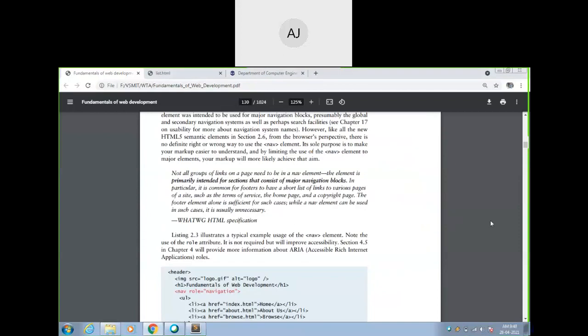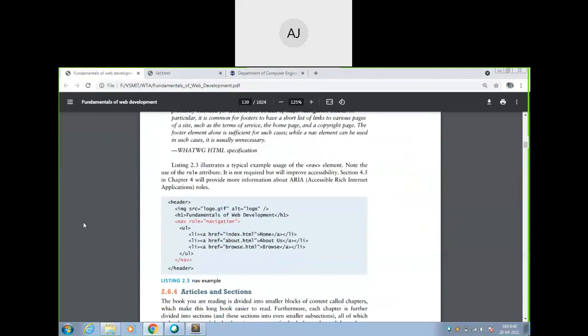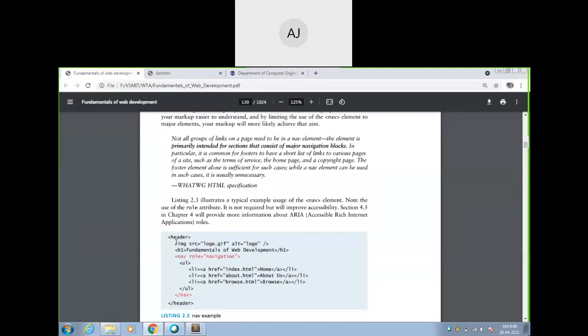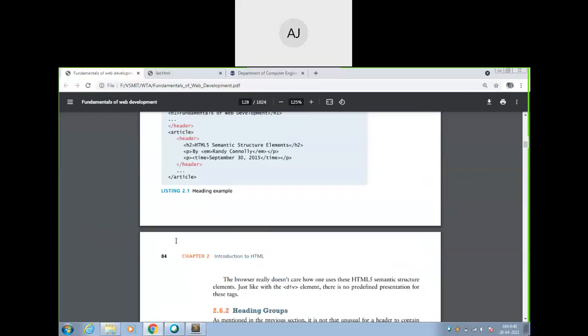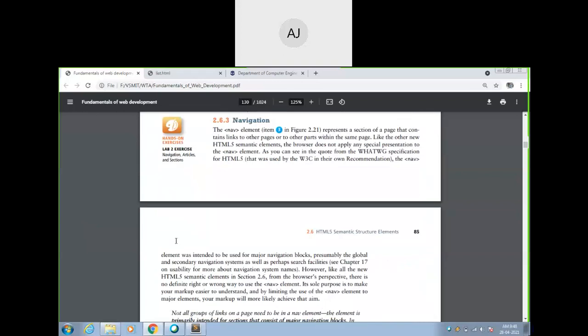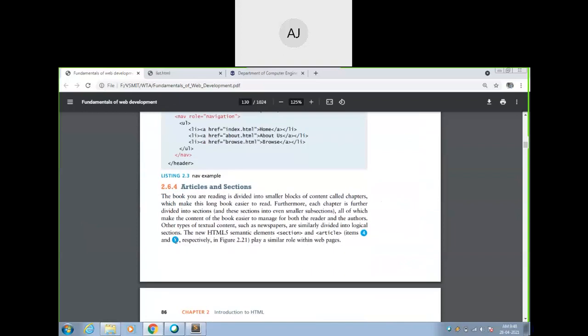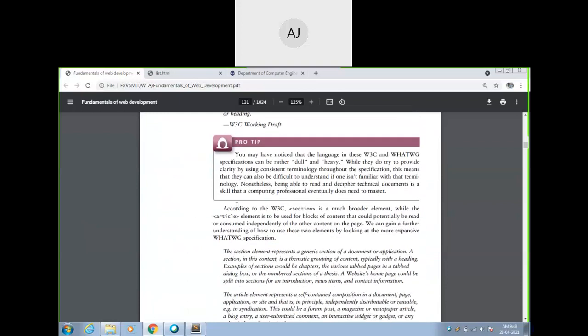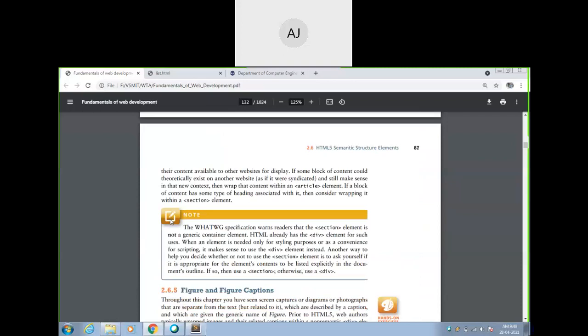Okay, fine. Nav is there. Just remember this. These are the five tags you need to remember. What are those? Header, footer. The next one you have is navigation, nav. Then you have article and section. And in the header, hgroup is there. So article and section are different tags you are going to use very occasionally, but these are the tags available with HTML5. Is it okay? Fine. So I think this is all about this.